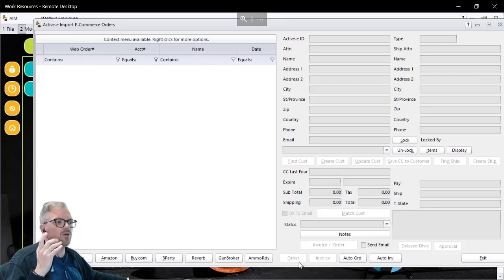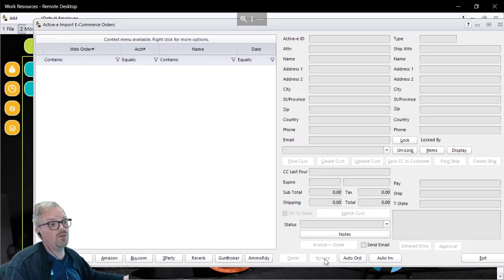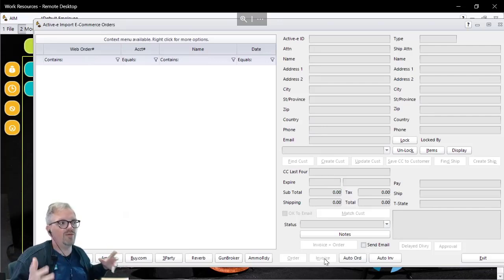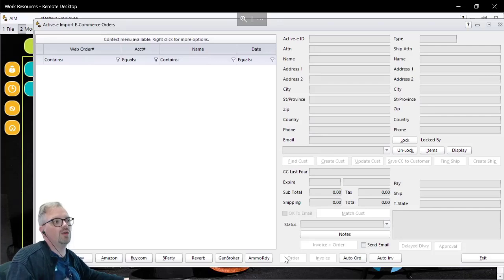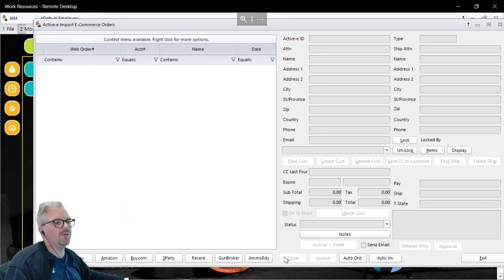Ultimately then, you're going to either invoice the order, which will pull it right into a sales invoice with their line items and their calculated shipping totals, or if you would prefer, you can put it through a special order process, especially in this day and age where maybe you don't have it to actually invoice right away, but you do want to put it through a special order to actually put onto a purchase order and ultimately to get into your system. So either way, once you've processed it as an invoice or an order,